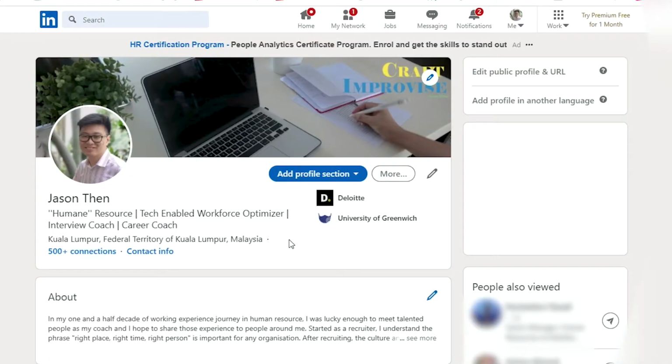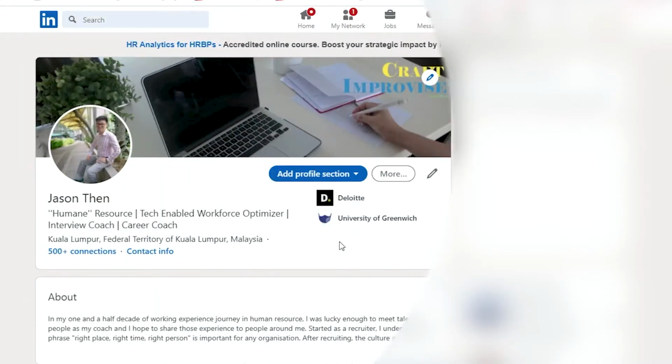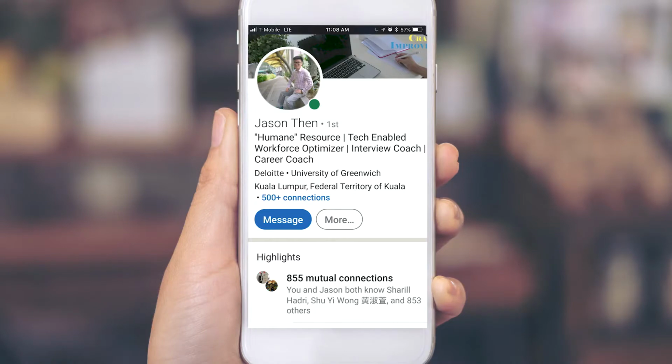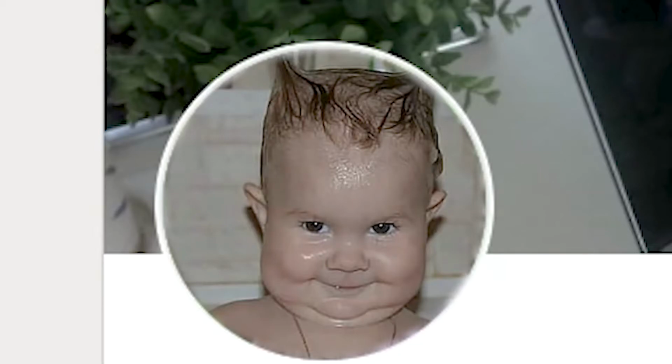Of course, like any other LinkedIn profile, the first thing that will appear is your profile photo. Your profile photo should be a headshot of you and not something where you appear too far away, because if you look at it from the phone, it will appear very small if it's not a headshot. So try to capture a headshot. And the keyword here for a profile photo is approachable and pleasant. So just pick a picture where you are smiling.